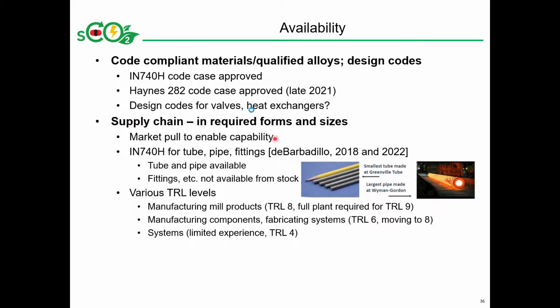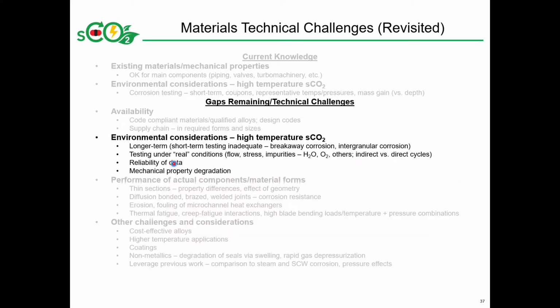In terms of the supply chain, Inconel 740 and to some degree Haynes 282 seem to be available for different components and different stock components. Again, there's a paper in this conference updating what's going on for Inconel 740, so another interesting paper to have a look at to see where we stand for using Inconel 740 in these power plants. In terms of environmental considerations for use in high temperature sCO2,